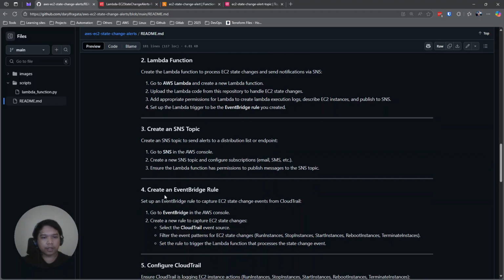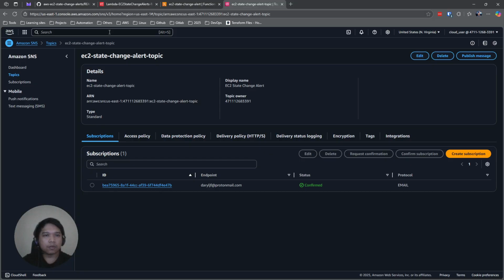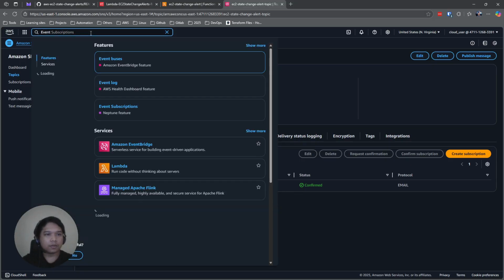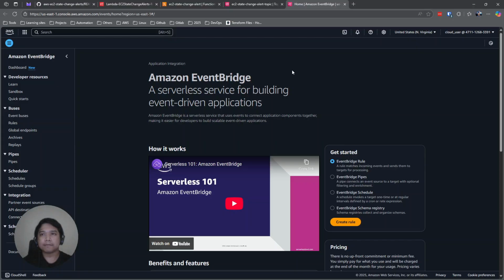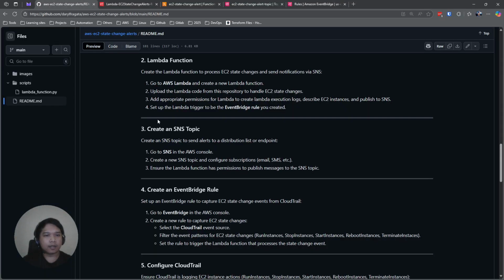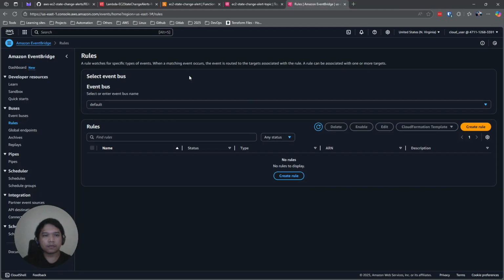Okay, the next one is to create an EventBridge rule. So we need to go to EventBridge. After we create this, I think we can mark number four, the Lambda function, as completed since it is dependent on the EventBridge rule.